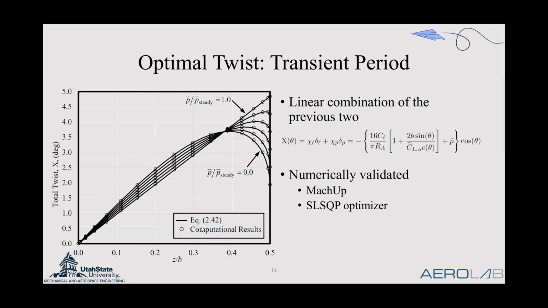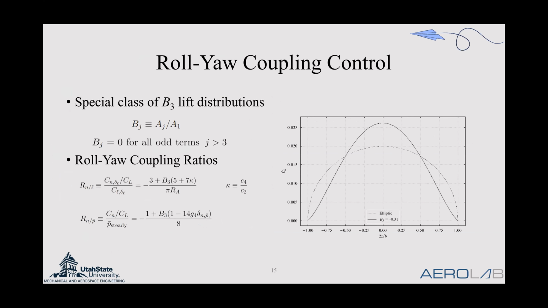And you can see that the computational results from this numerical validation study fall right on with what we predict with our analytic method, which gives us a lot of confidence that what we have is correct. So that was the first part, and we have a journal paper published on these optimal twist distributions. The next is considering